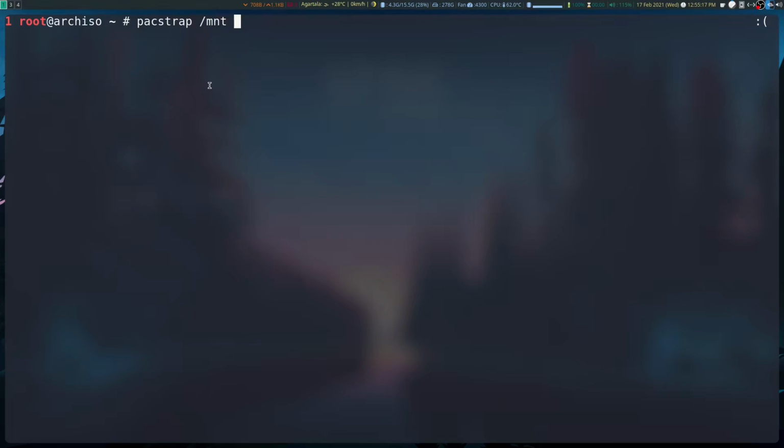You need to specify the target, which is our /mnt, then base, linux, linux-firmware. Along with that we need base-devel, grub, your bootloader, and dos